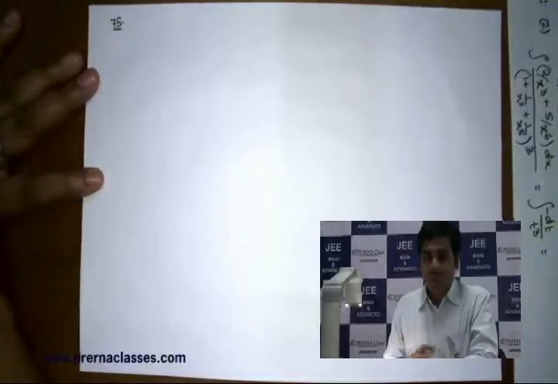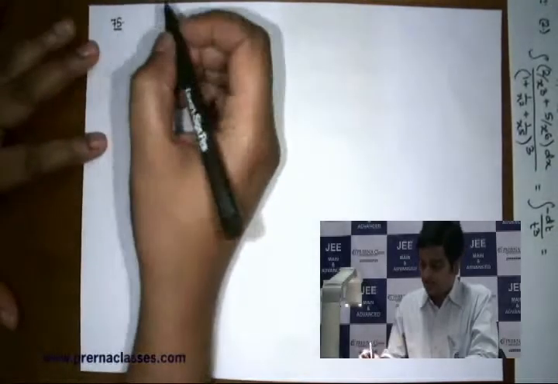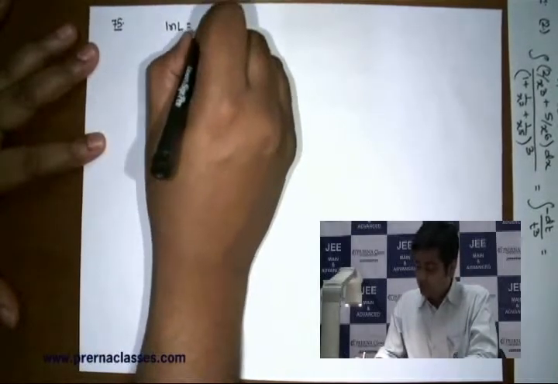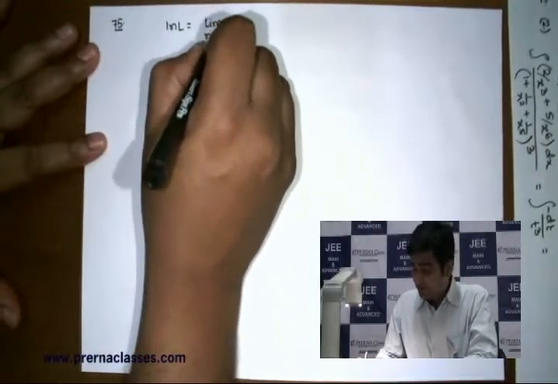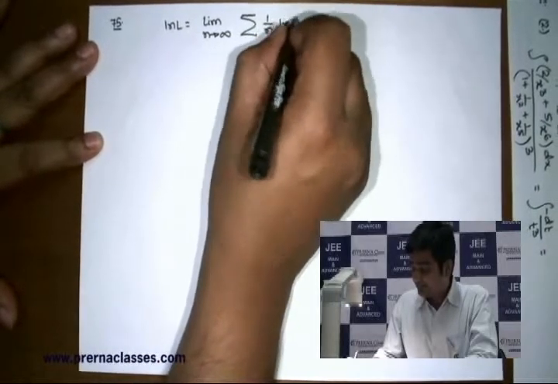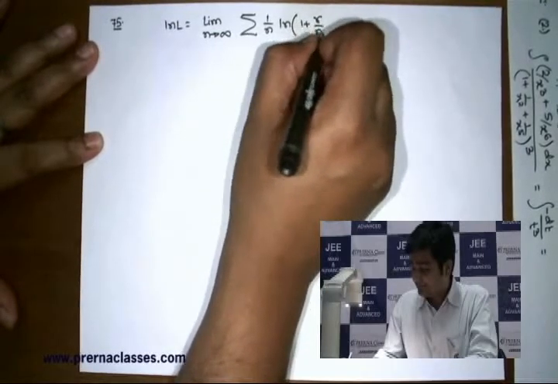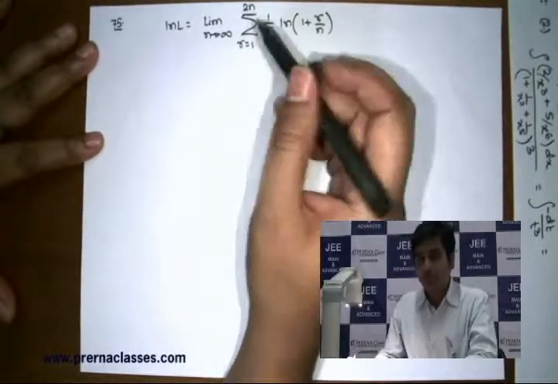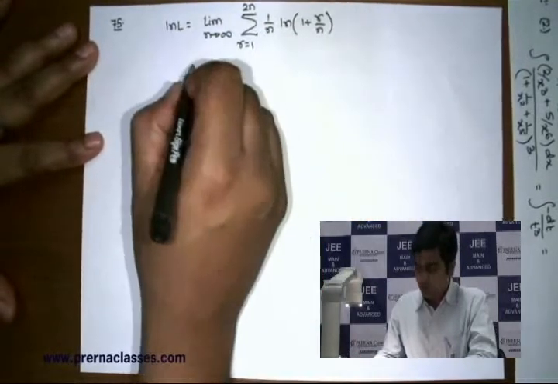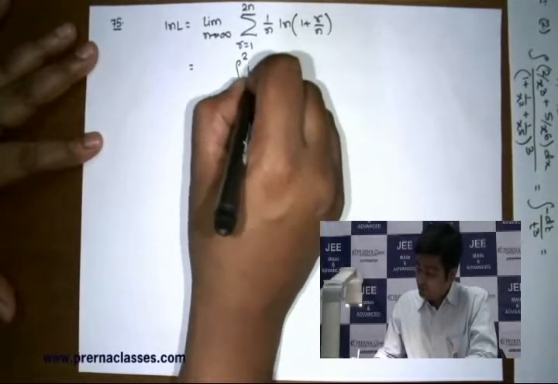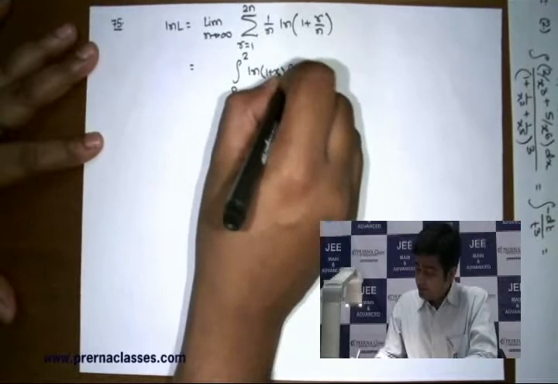Okay, in the next problem, it's again related to the limit, but that is related, you can check its definite integral as a limit of a sum. Once I take ln of both the side, you will find that that problem is getting simplified to this expression, where r is ranging from 1 to 2n. Here you have to be careful, it's given 2n number of terms. So once you convert this into integral, it is going to vary from 0 to 2 ln of 1 plus x dx,